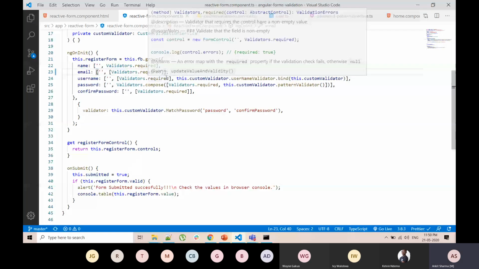I was missing this line here. Sorry guys, I was doing some changes and I missed this line. Since we are defining an email field, along with required you have to define the inbuilt validator for type email. That's why I have included Validators.email. Once you add Validators.email, you can see it is giving the error, enter a valid email address. Now let me enter ankit@gmail.com. Now it is working. And same with the name field, we have to give some value.